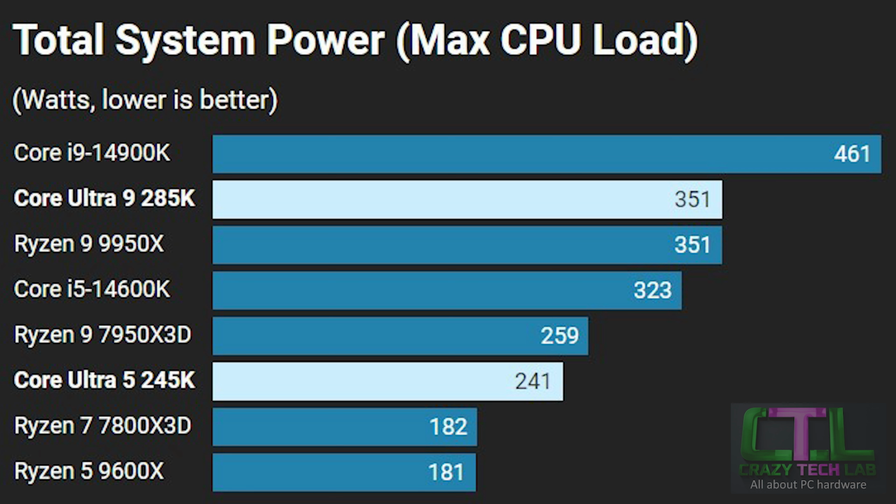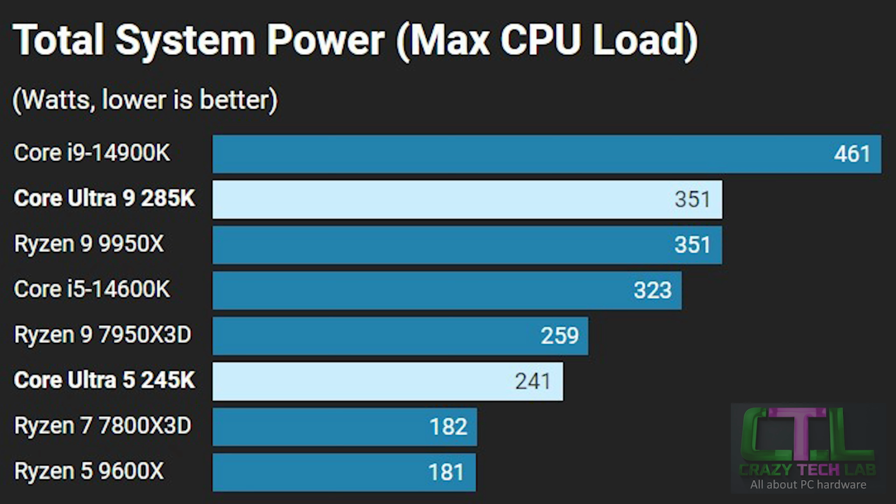Moving on to the power consumption now then, and Intel pretty much did exactly what it said in reducing power consumption. So anywhere where the CPUs are performing the same or better, you're basically getting a much more efficient processor. So for example, under maximum processor load, so this was in Cinebench's multi-core test, the Core Ultra 5 245K seeing the system draw 241 watts from the wall compared to 323 for the Core i5 14600K, so a significant